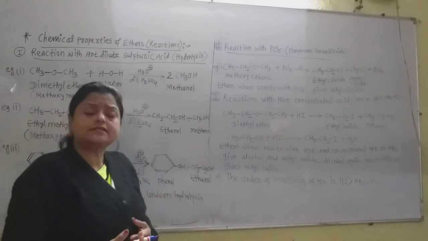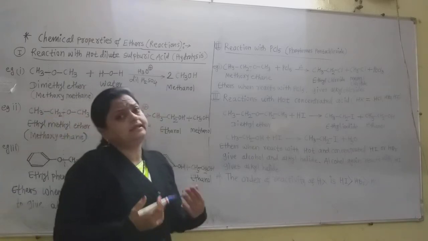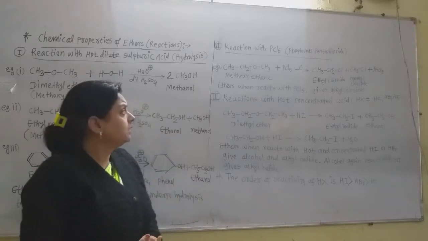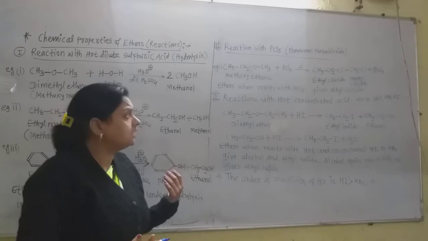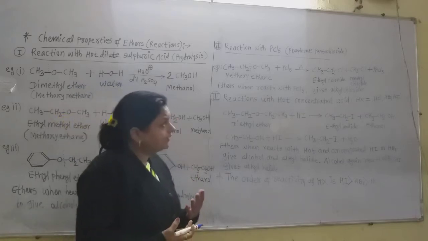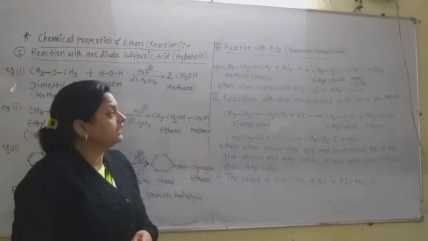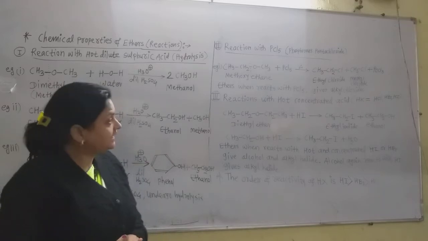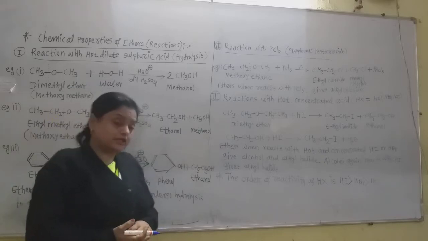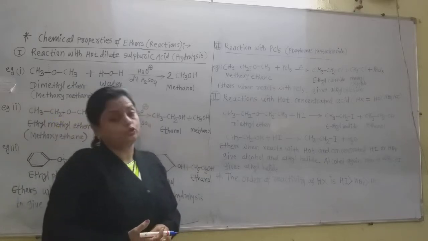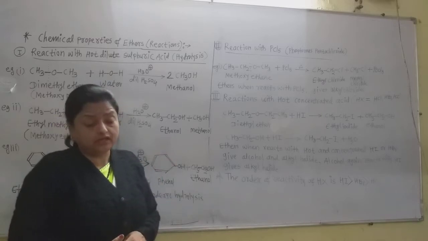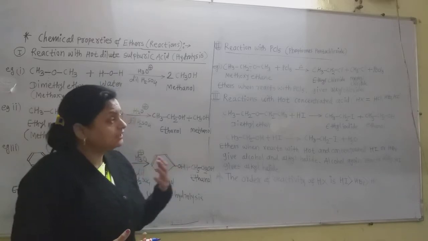If we use a symmetrical ether, then two molecules of the same alkyl chloride are obtained. But this is an unsymmetrical ether, so one molecule of ethyl chloride and one molecule of methyl chloride are obtained, and the byproduct phosphorus oxychloride is formed. So when ether reacts with phosphorus pentachloride, it gives the corresponding alkyl chlorides. Whichever alkyl groups are in the ether, those alkyl chlorides are formed.